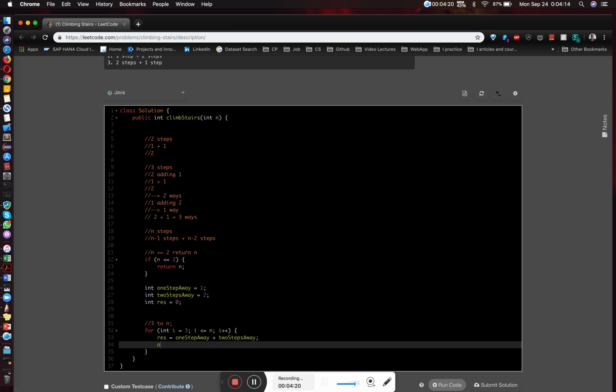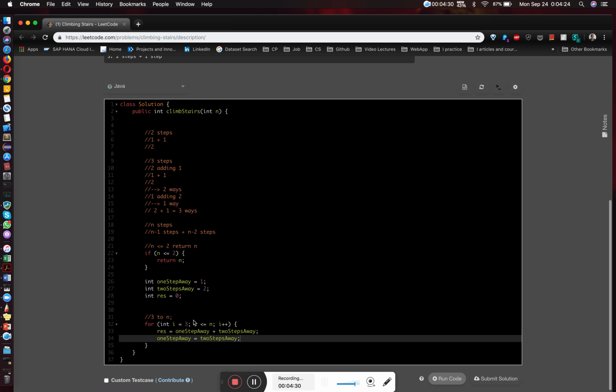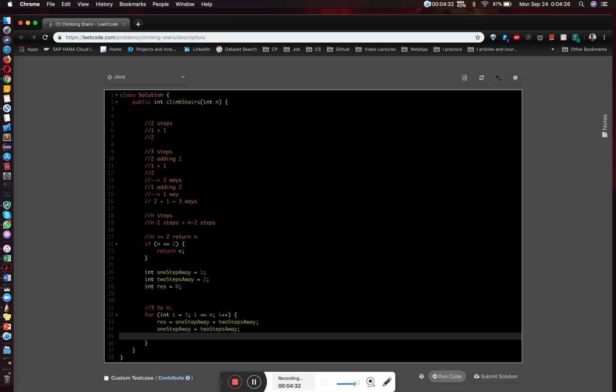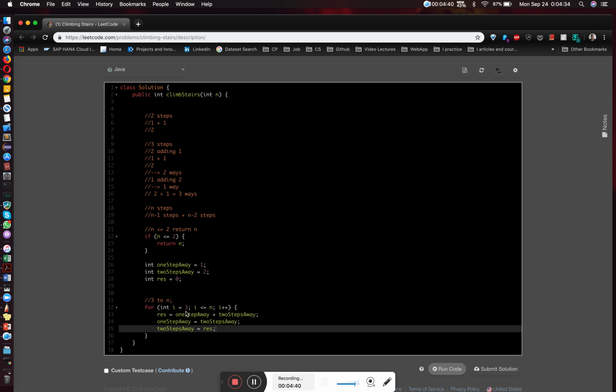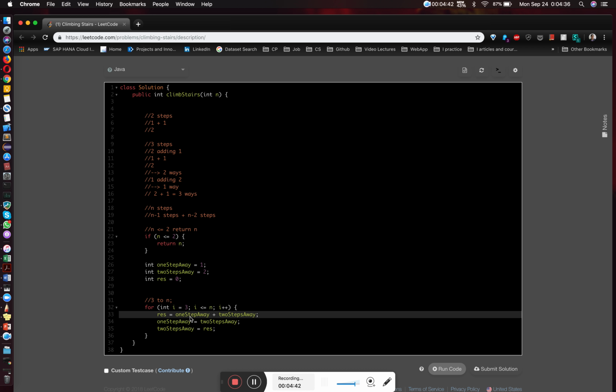After every iteration, 1 step away would equal 2 steps away, and 2 steps away will equal result. This is because at 3 steps the result will be 1 plus 2, which is 3, and